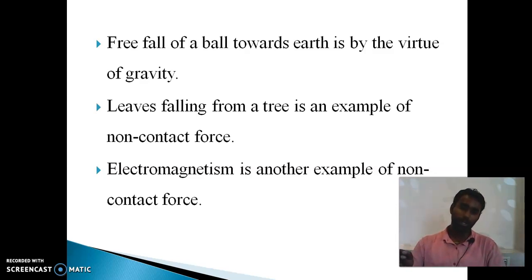At that time, if you take small pieces of iron, or any small hook-like pieces, they will be attracted. Even if you take a nail or an iron piece, it acts as an electromagnet. Whenever electricity is flowing through a metallic object, that object has some magnetic force. That magnetic force is called electromagnetic force. So this is also a kind of non-contact force, right? Because there is no physical contact with each other.